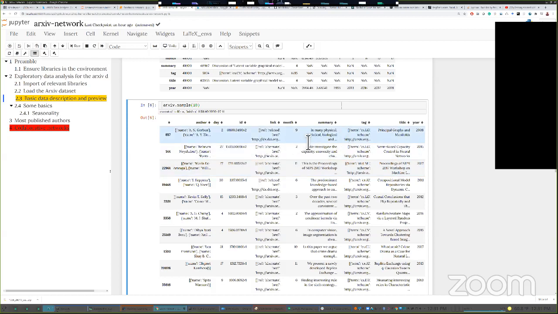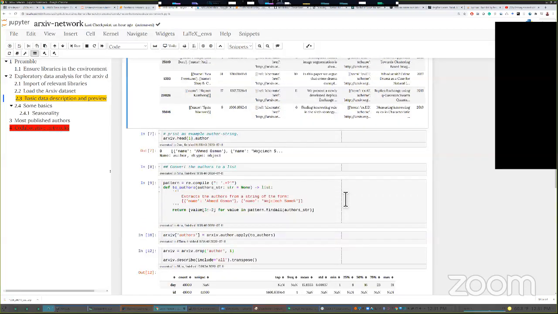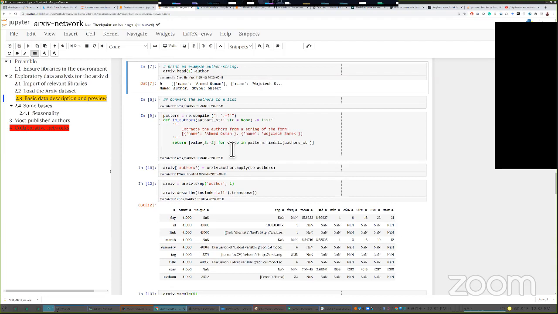ID is link. Month means from 1 to 12. Year of publication, title of the paper, tags. So once again, you have these tag terms. You should give it the same treatment. So this is a point I was making. If you look at the first row of the data, some row, and you look at the author, it turns out that the first author, because it starts with A, is somebody named Mr. Osman and Mr. Washinch something. Well, we need to break it up into two different authors. How would we do that into the number of authors?